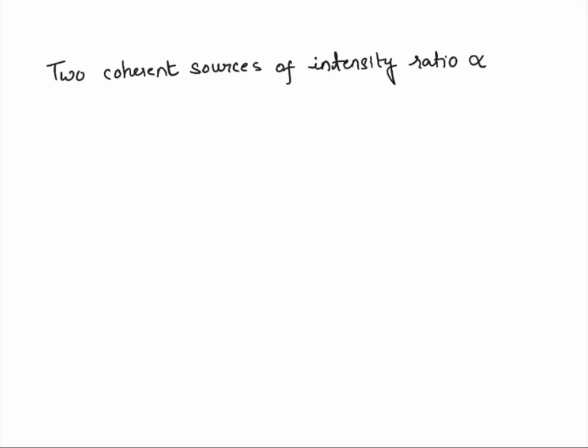You are given two coherent sources of intensity ratio alpha. That means if I'm having two sources I1 and I2, I1 by I2 will be alpha. You have to prove that visibility is given by